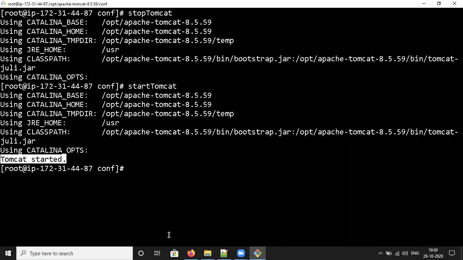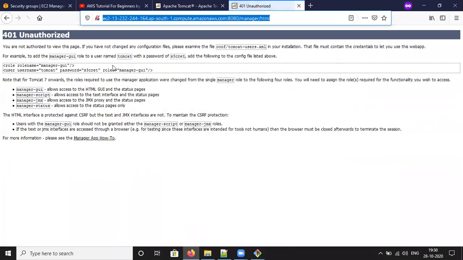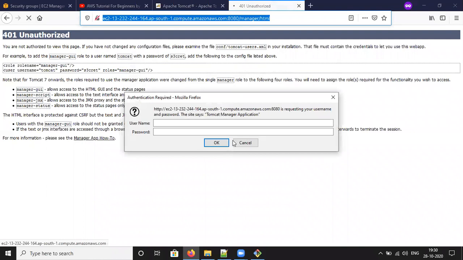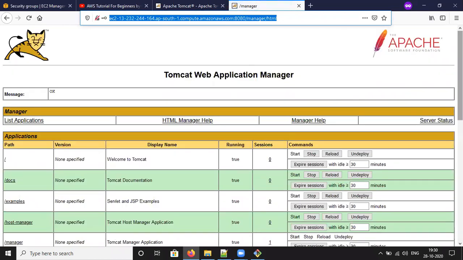Tomcat started. Now you can try to access. Click refresh. I'm giving the username as Chandrasekhar, password as 123. Now I am able to access, right?